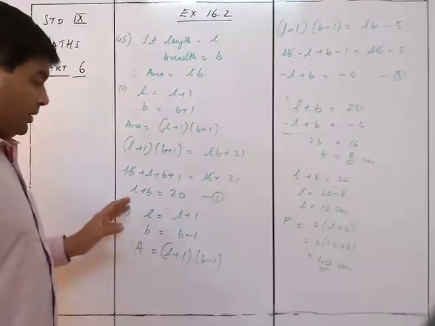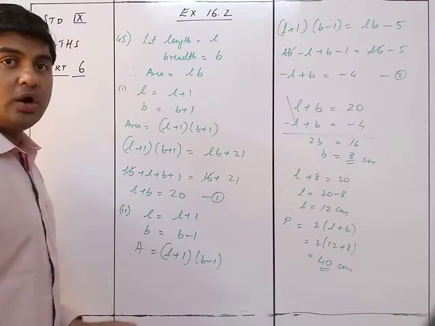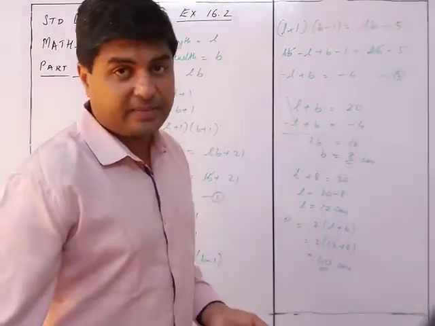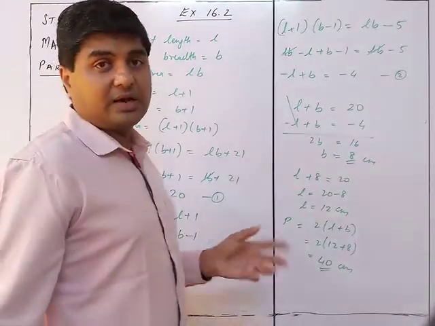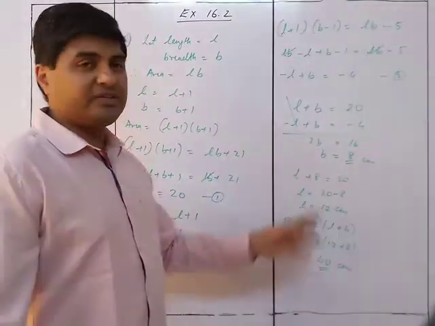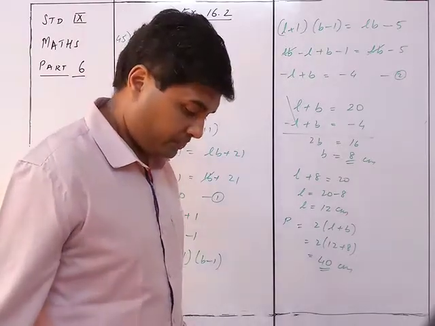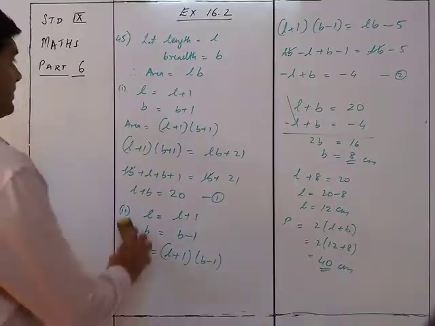But anyway, it's better to do it completely so that you are not having any issues, because they have not asked you the length and the breadth, so there is no issue about the correctness of the answer. The answer is correct, that it is 40 centimeters. But to be on a safer side, always use this method because the data is given to you for both of them. So that was sum number 45. We now move on to sum number 47.